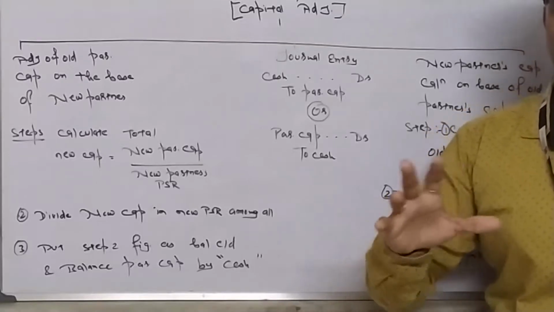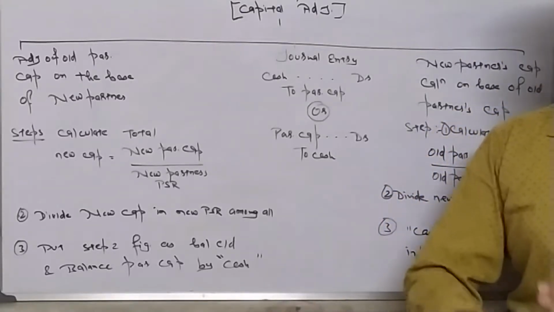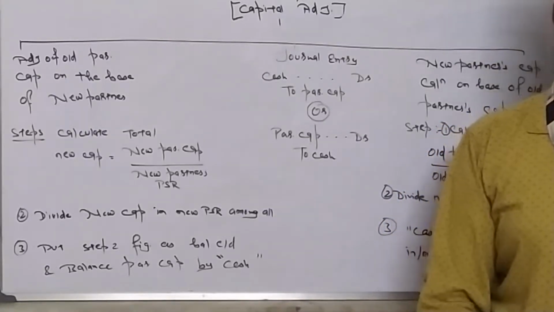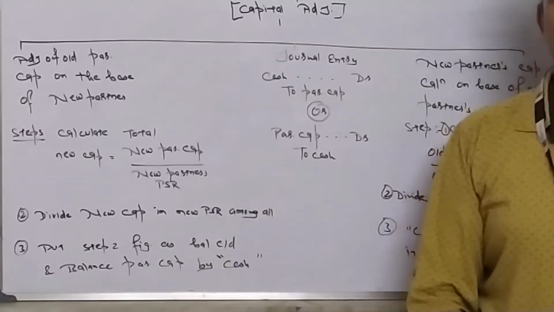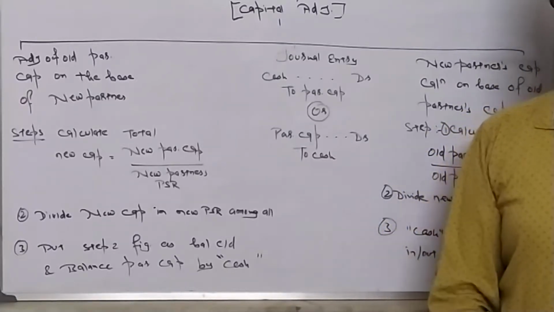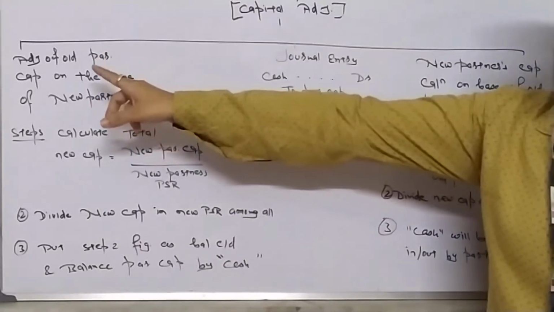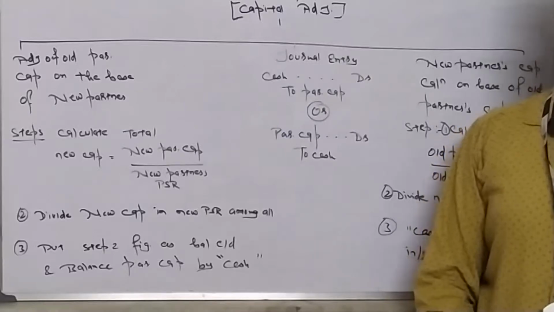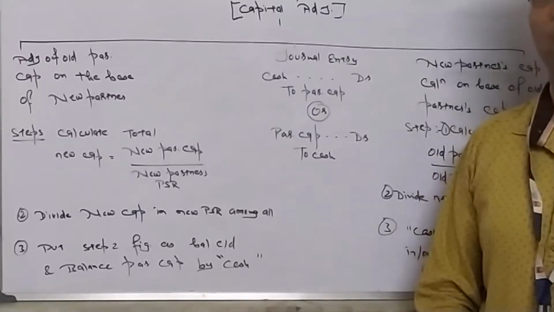They are saying that everything has been changed. We have changed our asset and liability. We have cancelled all reserve PL. We have adjusted our assets and liabilities with a revaluation account. The new goodwill has been brought in. Old goodwill written off. Everything done. So we want to change our capital also. Adjustment of old partner's capital on the base of new partner. As a new partner has been admitted, so old partner wants to change their capital.